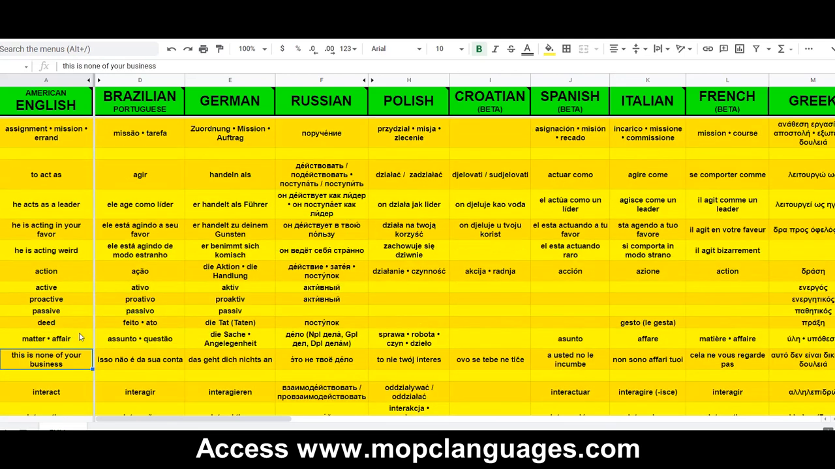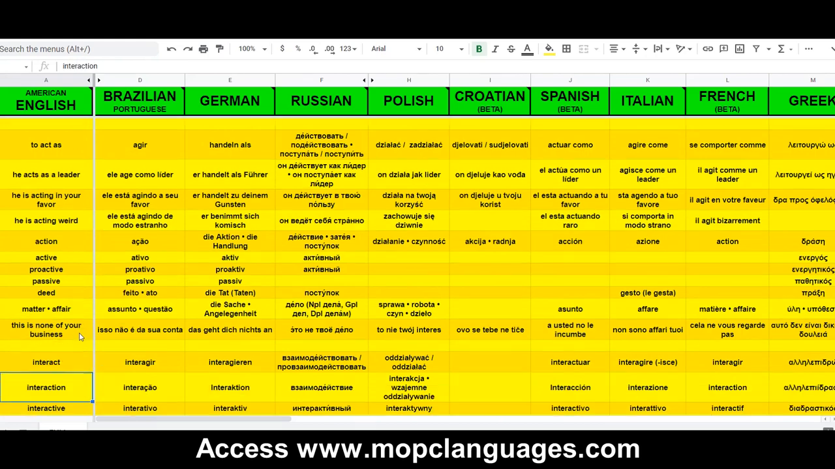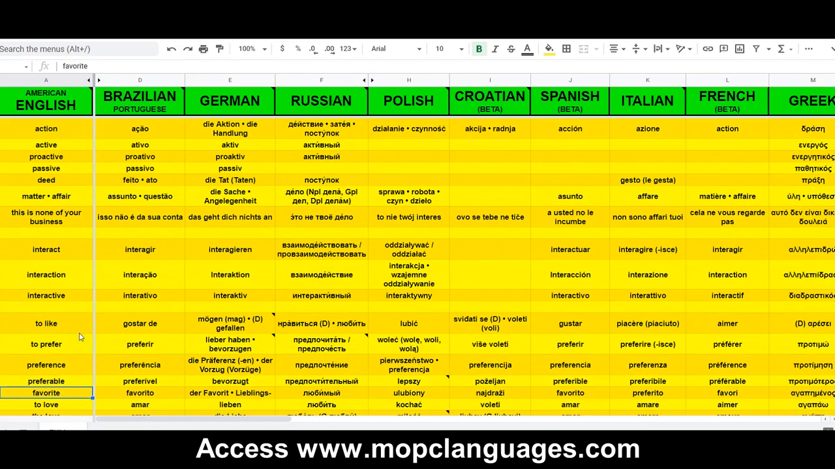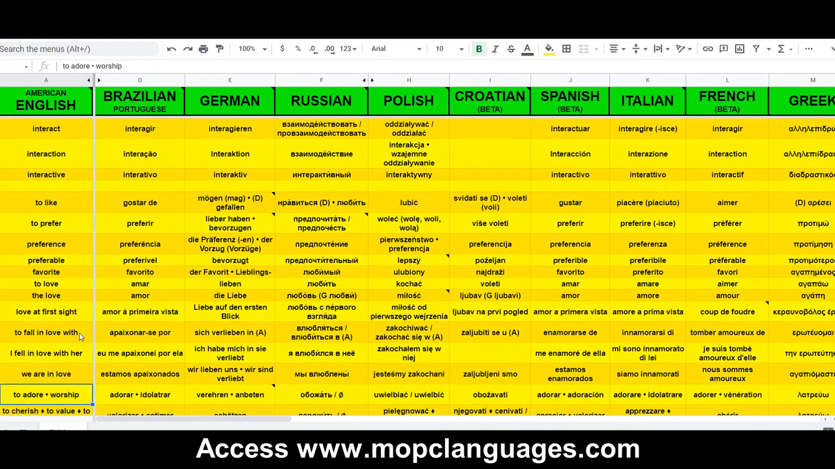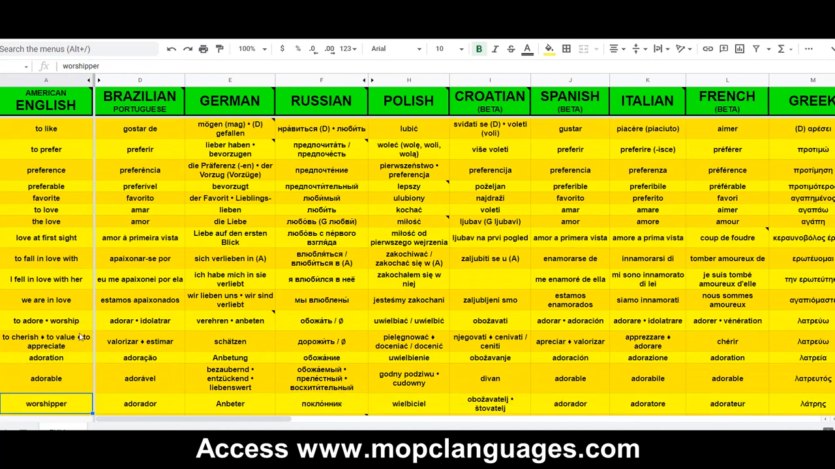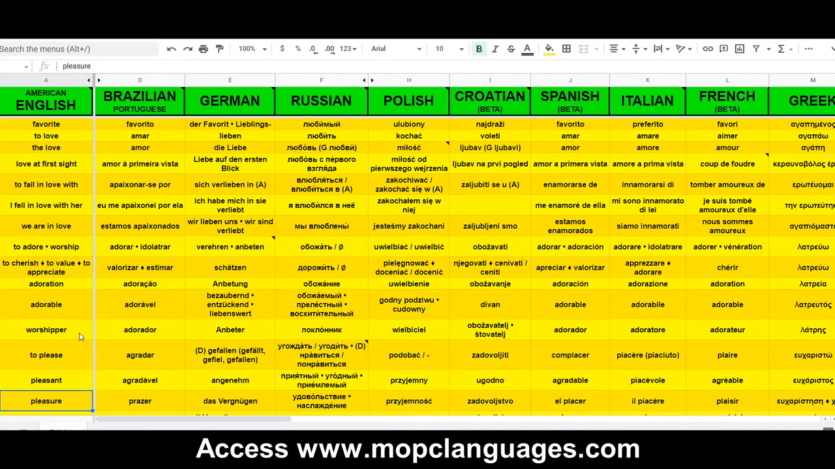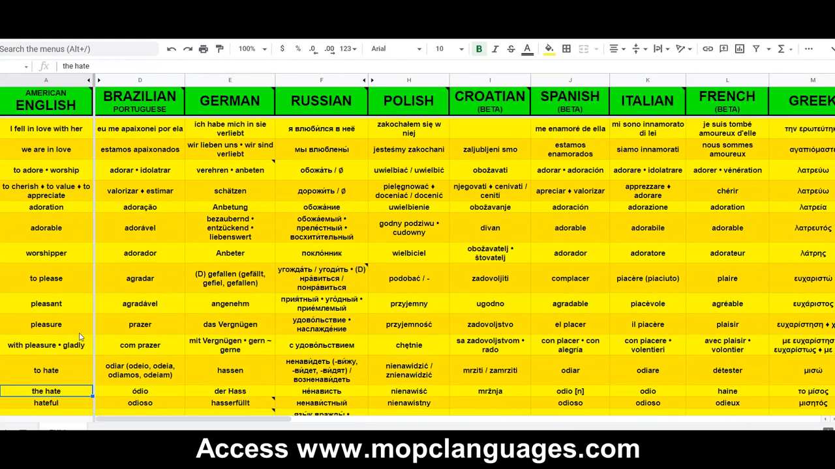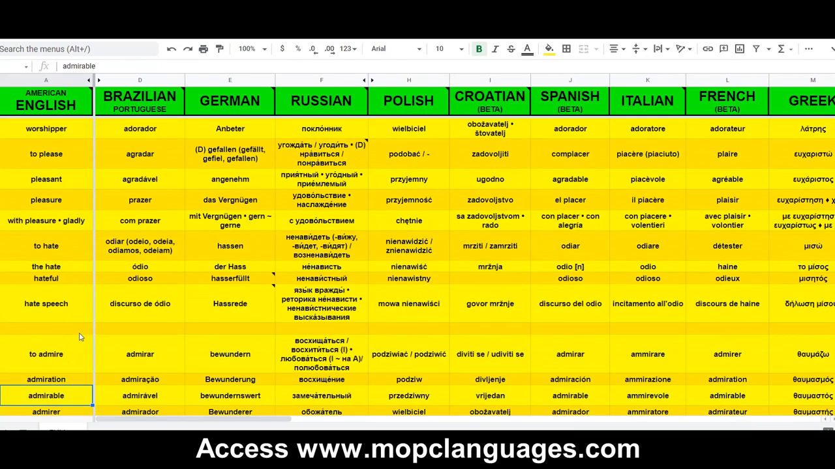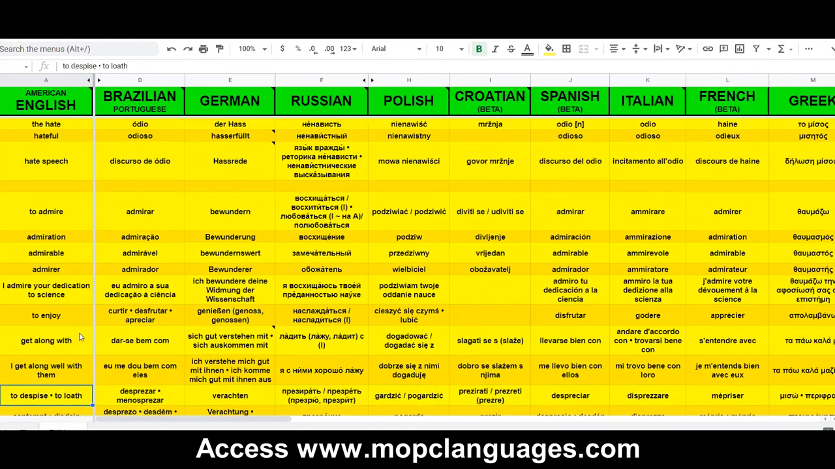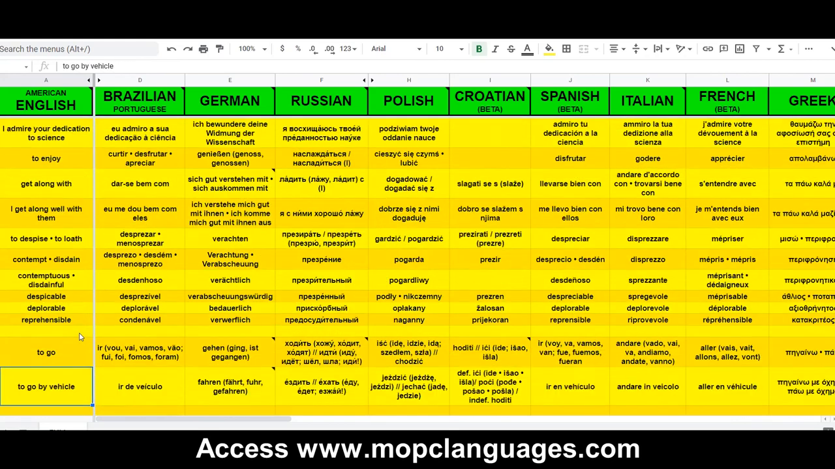So you find the derivations of the verbs and their opposites, always arranged together, always grouped together. So that's the spirit of the dictionary. The words are always arranged with their opposites and their derivations and gradations, always grouped in what I call thematic modules. To act, to interact, action, active, proactive, passive, deed, interact, interaction, interactive, to like, to love, preference, to fall in love with, to adore, to worship, to please, to hate, hateful, hate speech, to admire, to enjoy, to get along,